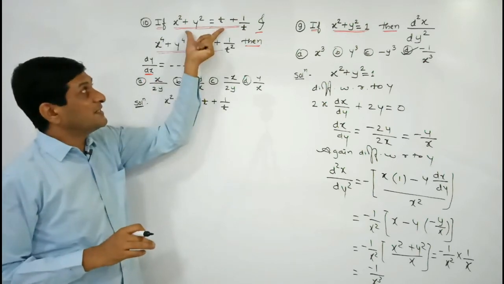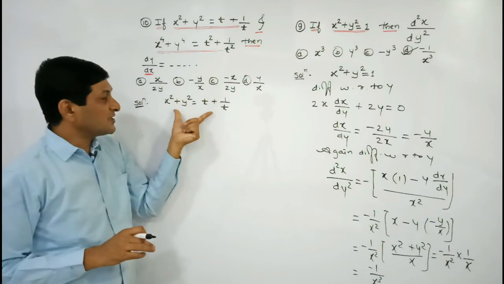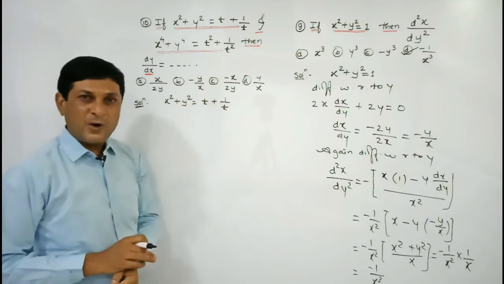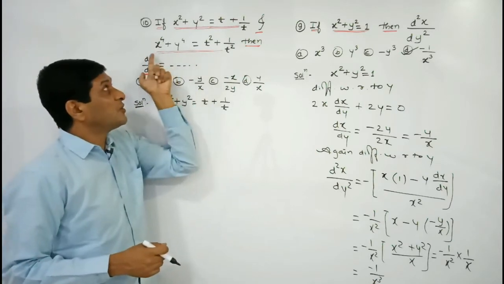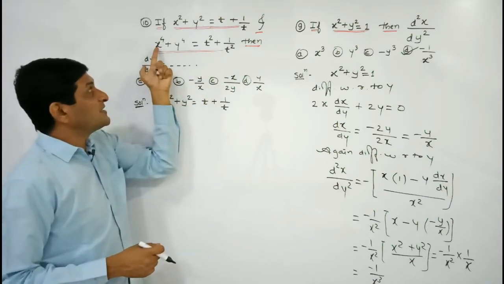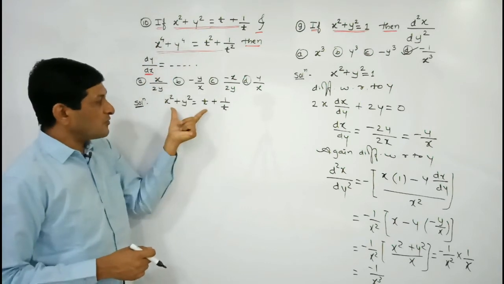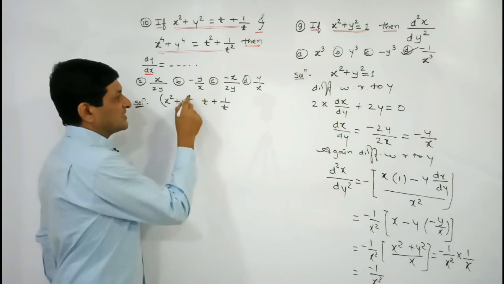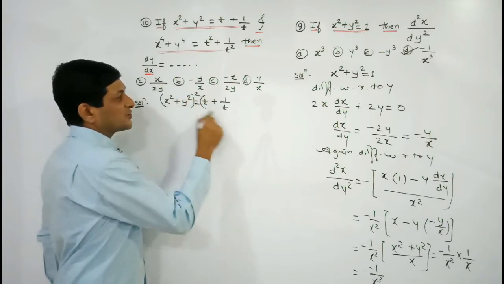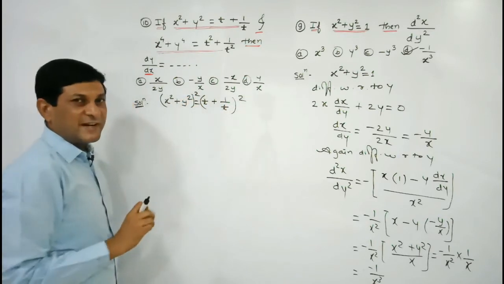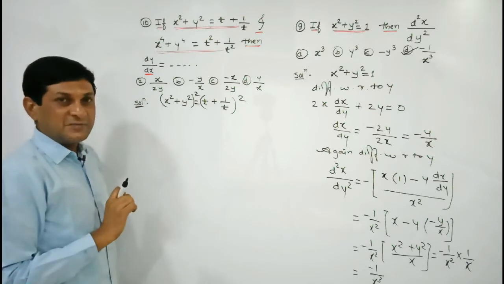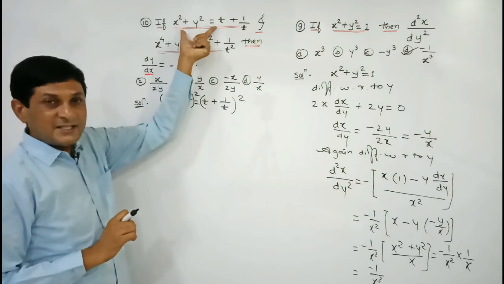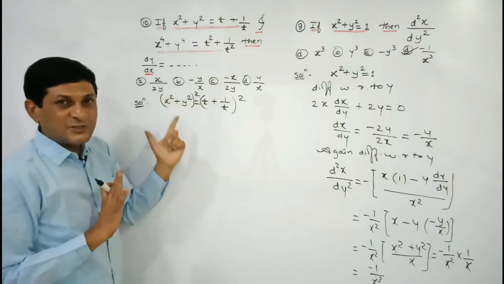So we have considered the given condition, x square plus y square is equal to t plus 1 upon t. Now to make use of this condition, to get x raised to power 4 and y raised to power 4, we have to square both sides. So we are squaring both sides. This is the given condition, we are simply squaring both sides. Now we are finding the expansion using an identity, which identity, (a plus b) whole square. This given equation, we have just squared it, squaring both sides.